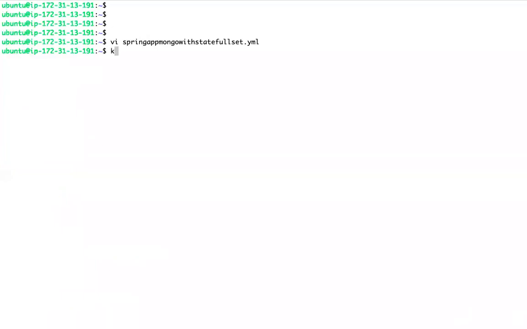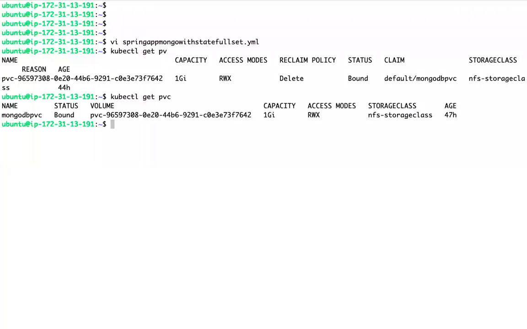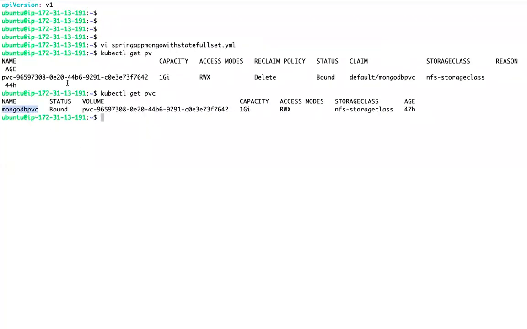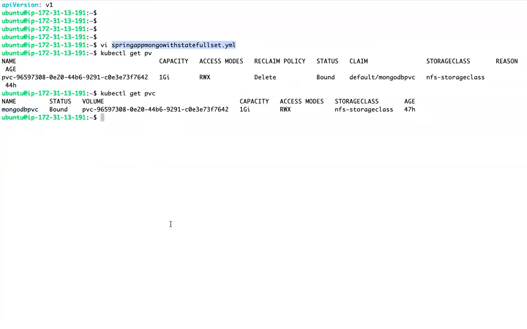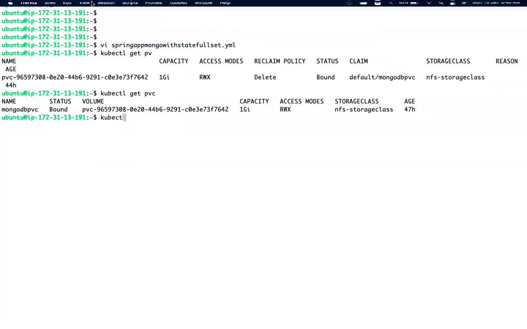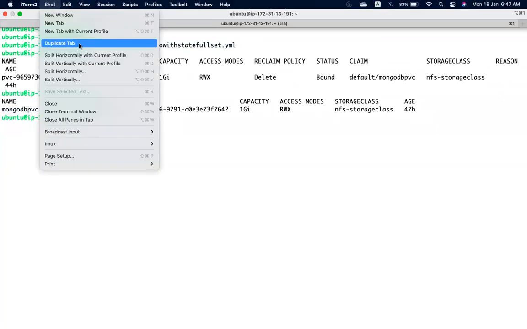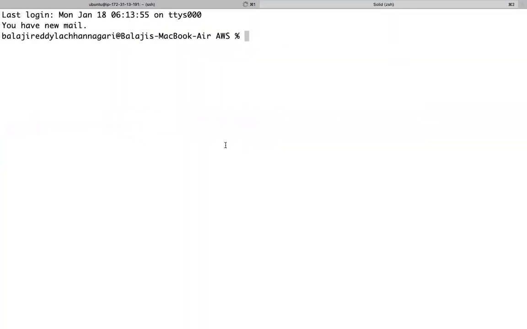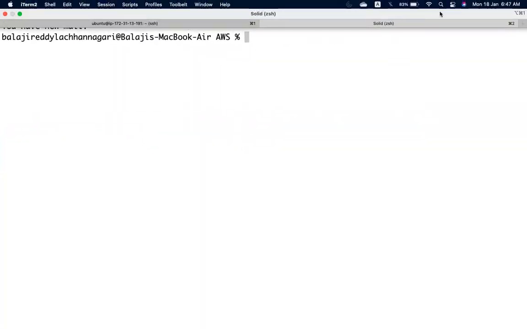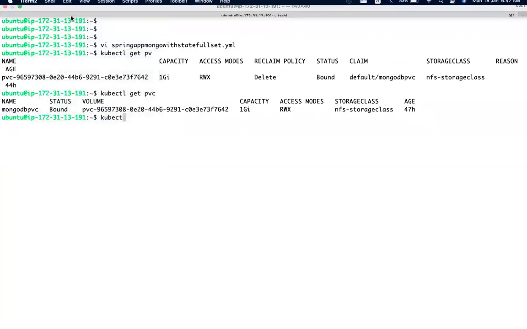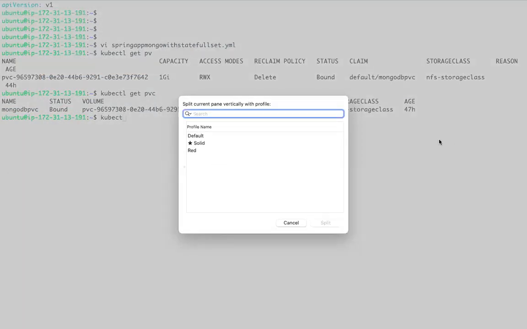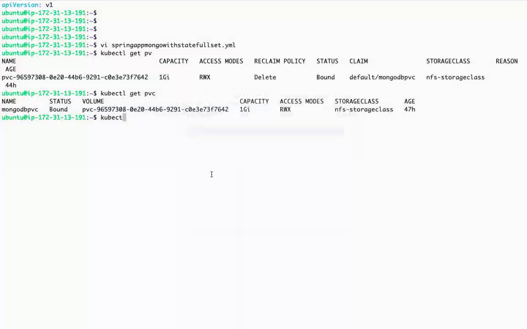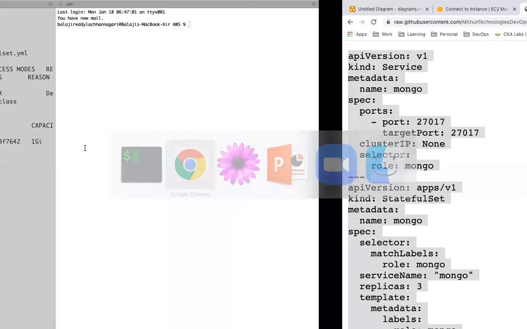So now let me show you before applying. I already have one PVC, one PV. This is used for a different purpose. Now I am going to create this one. Let me open another tab and connect to the master itself.